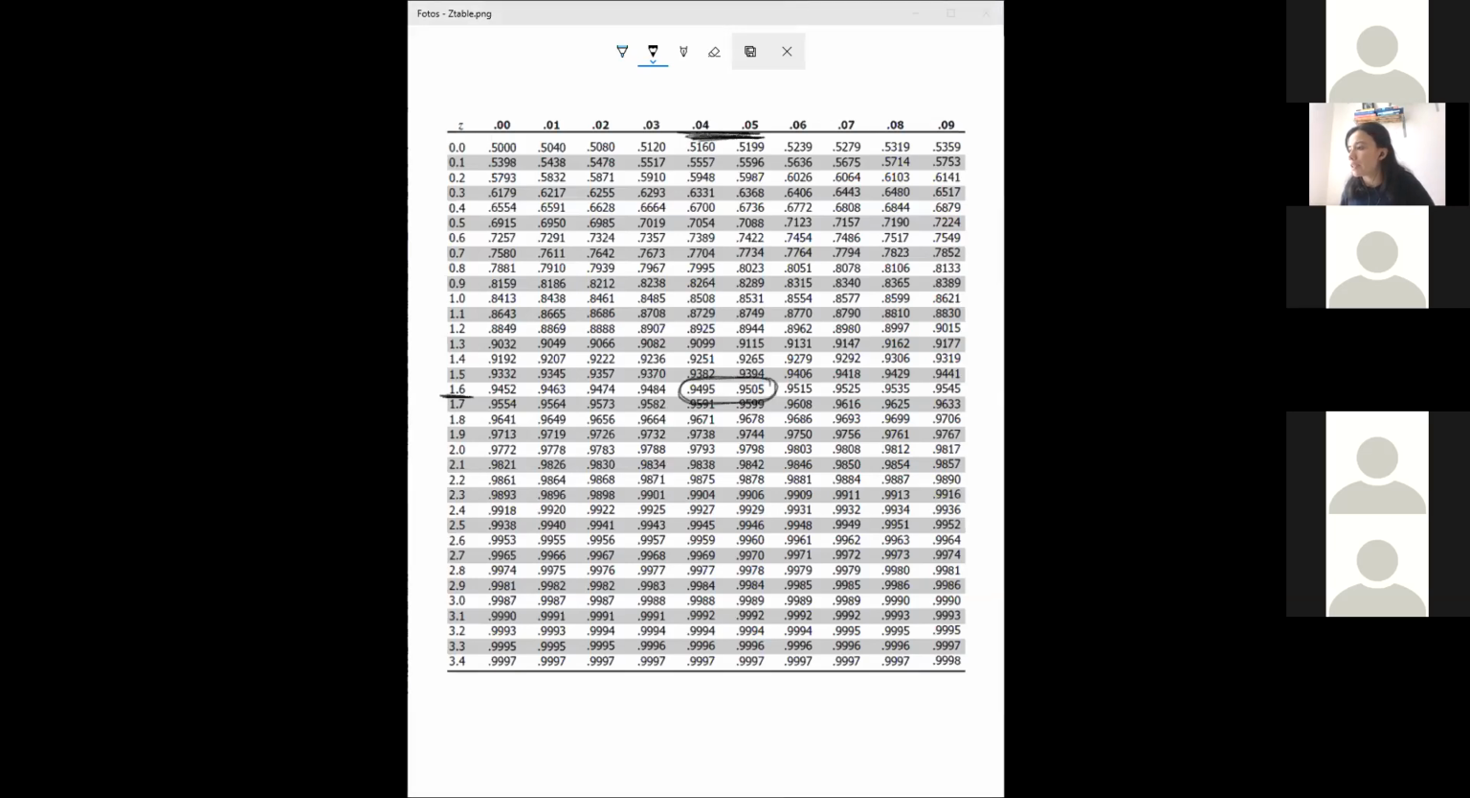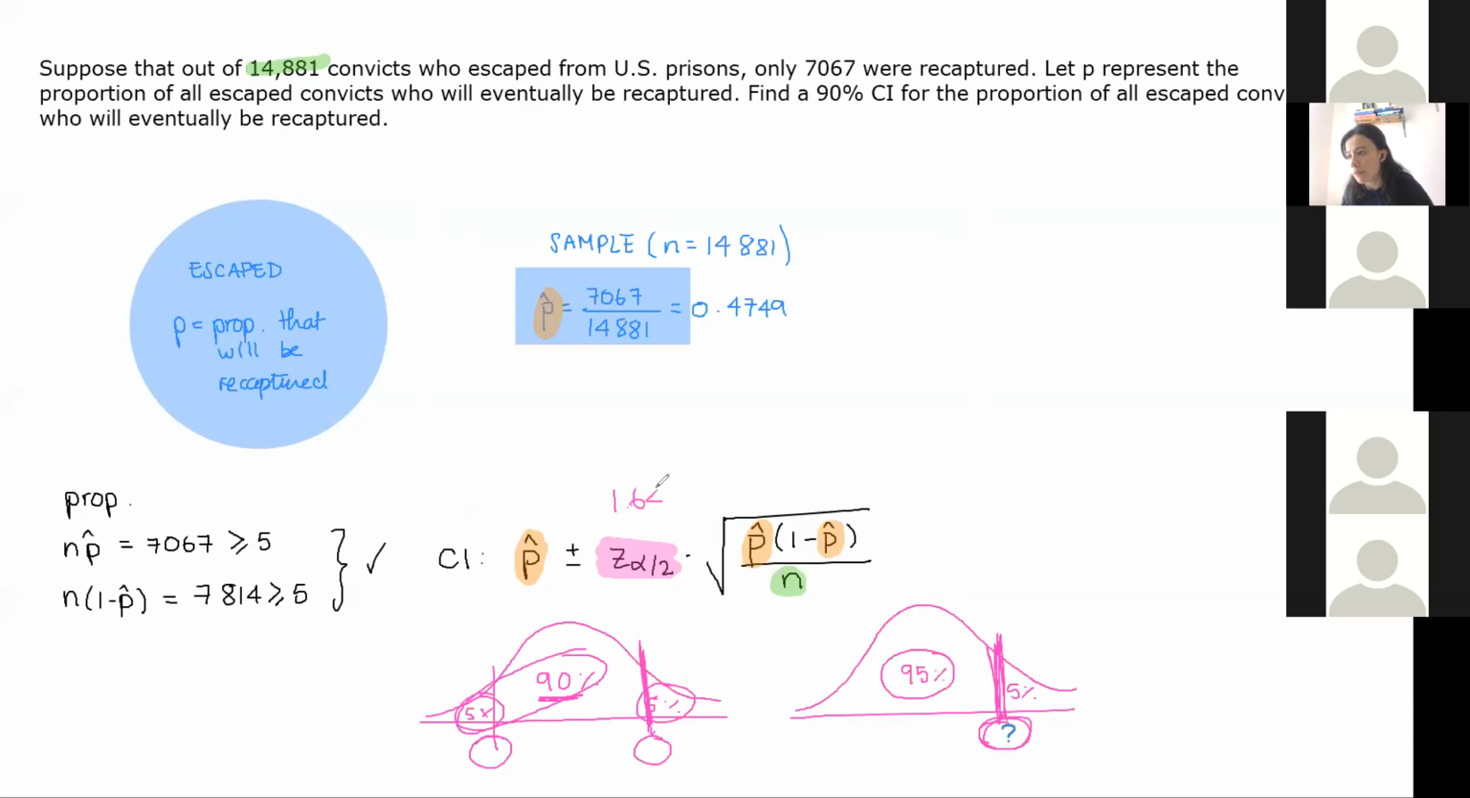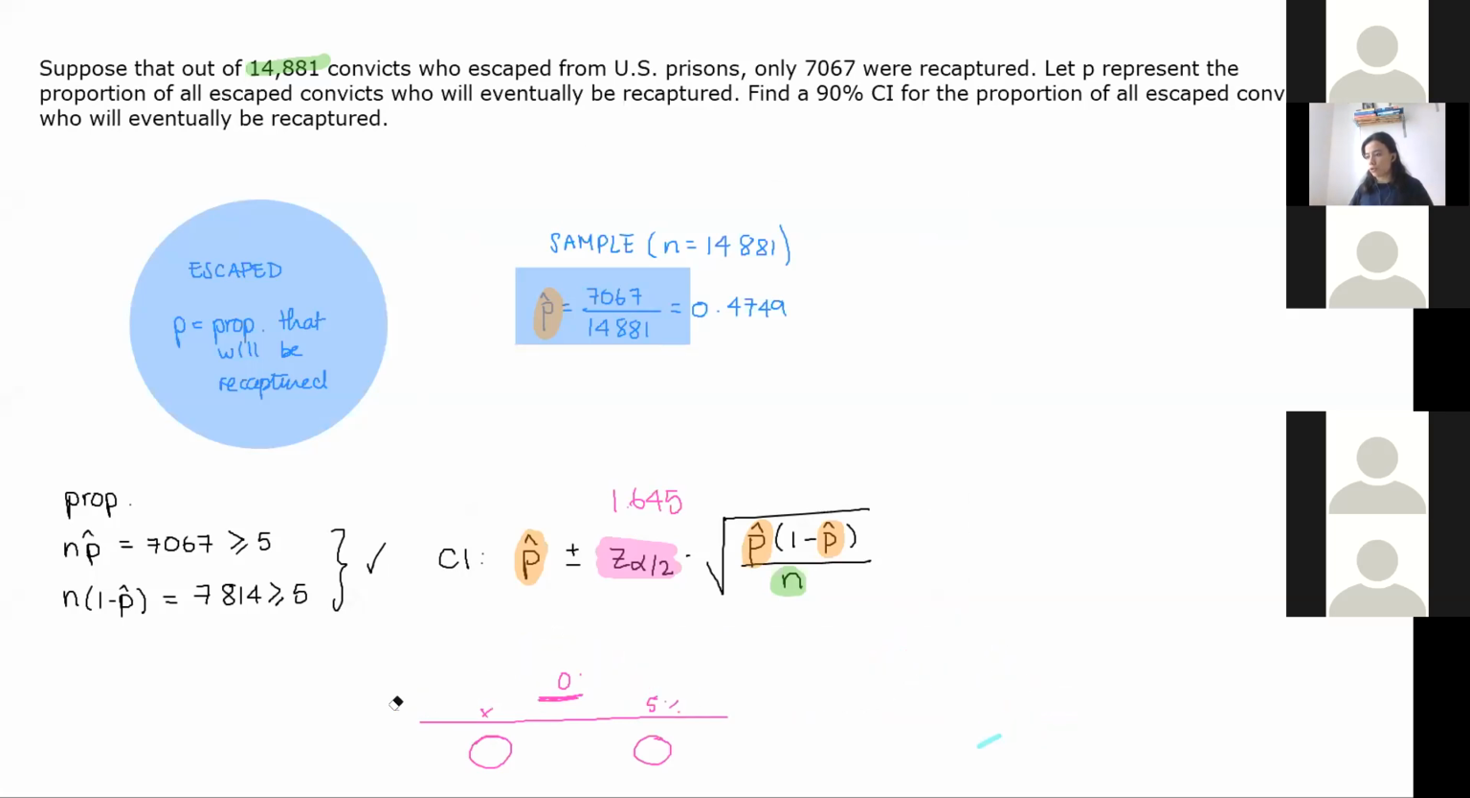All right, so that means the value I was looking for is 1.645, and now I'm good to go. I can plug into my formula for the confidence interval, and I'll be done with it. So my 90% confidence interval is going to be p hat,